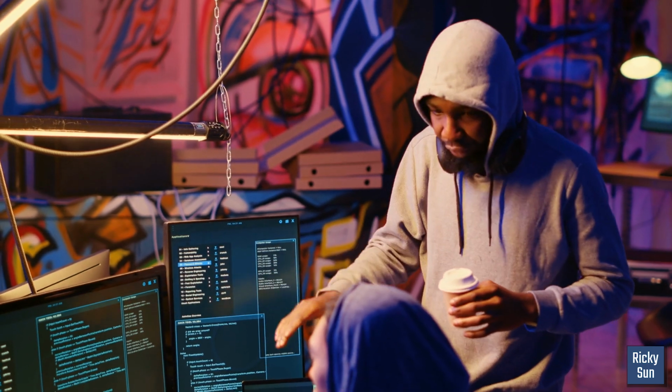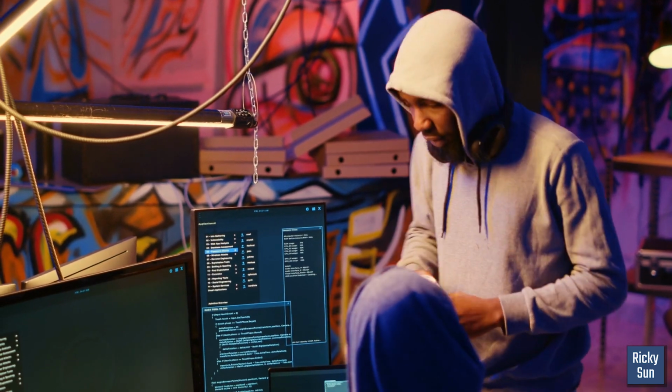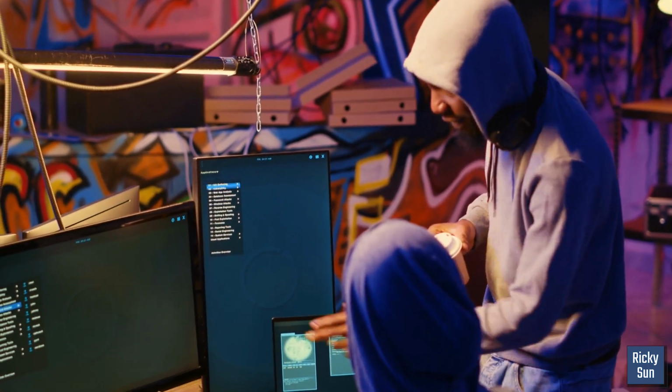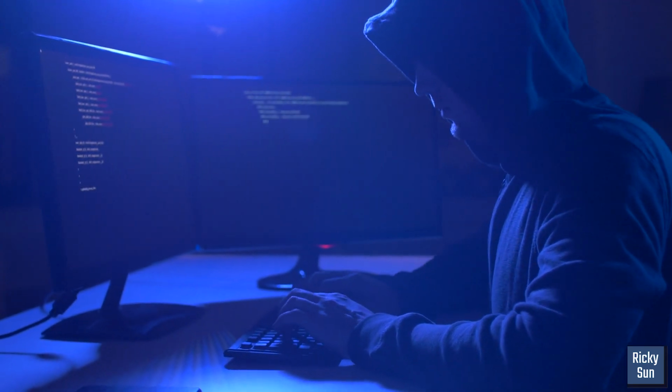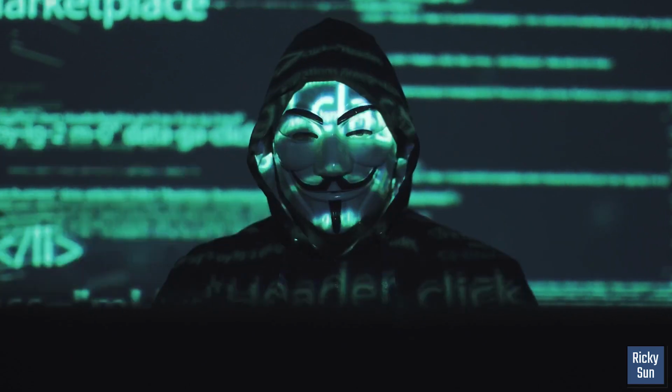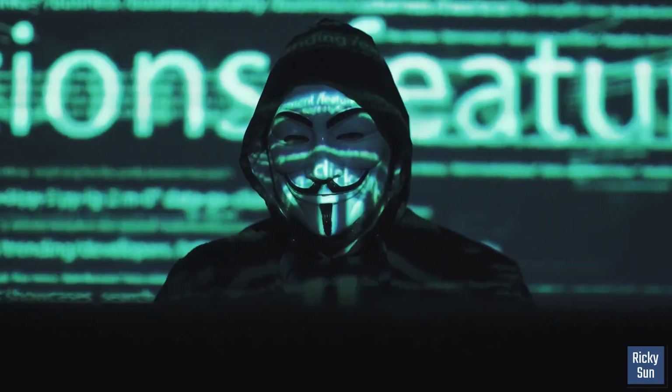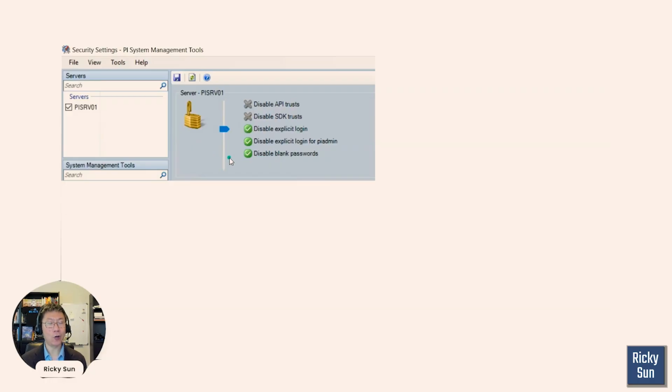If a hacker knows you have explicit login enabled for piadmin, they can try your password many times until they crack it, and then your Pi server is in their control. I think I saw people using a blank password as well.